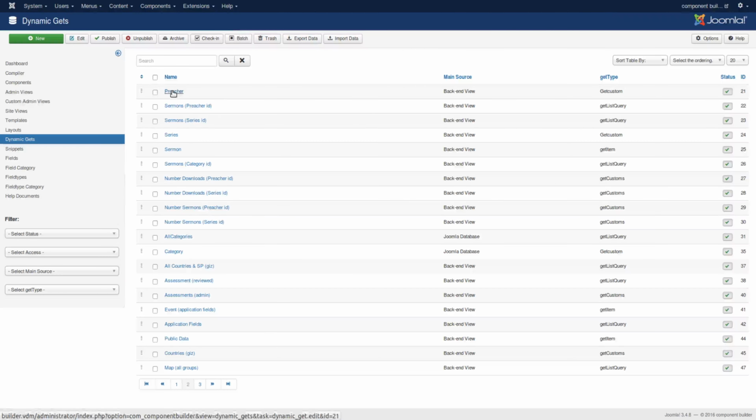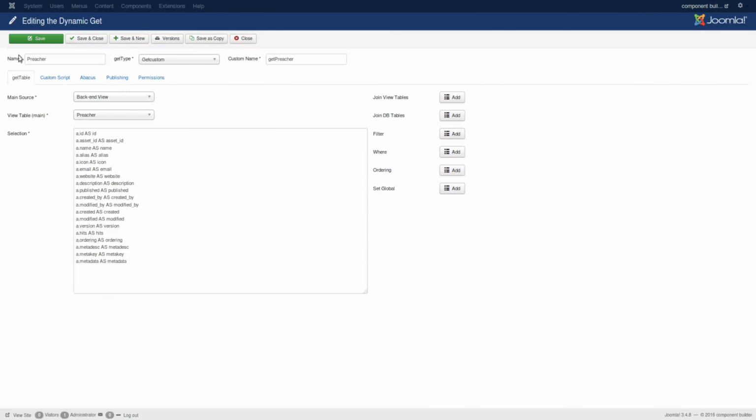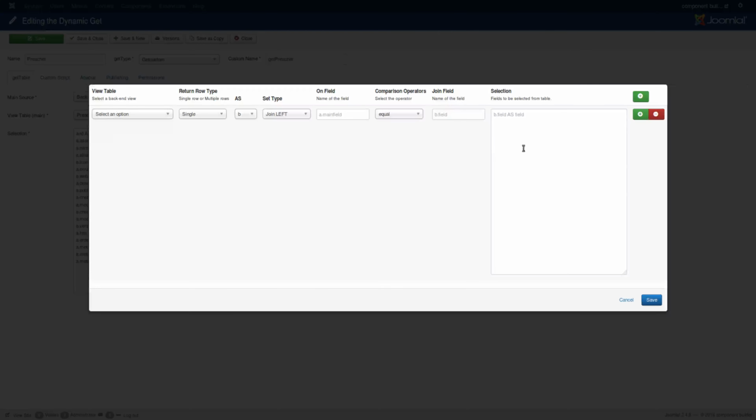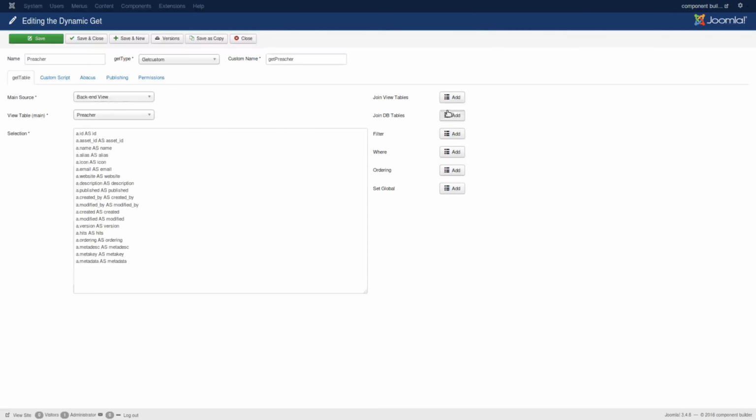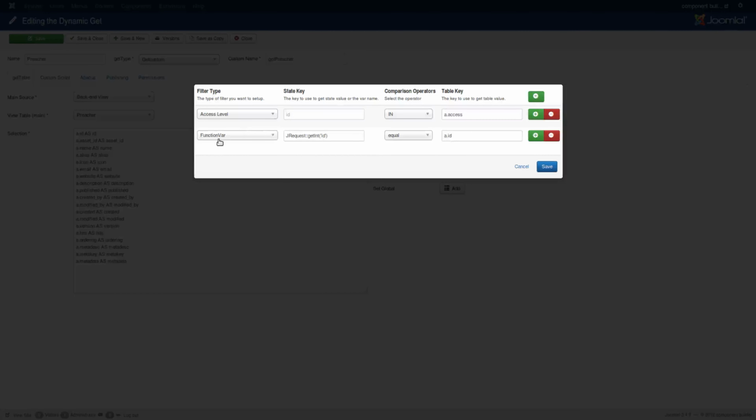It's called this one, getPreacher. So if we open it, we see it's a custom get, and we gave it a custom name called getPreacher. And this is its relationships. So it is basically having no relationship there, neither here. So it's not linking to other tables. It's simply getting the preacher's details right there. Simple as that. But it has a filter which is basically using the same integer and access levels